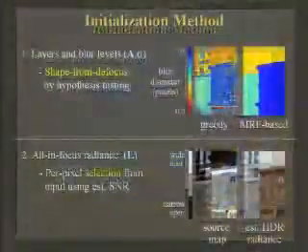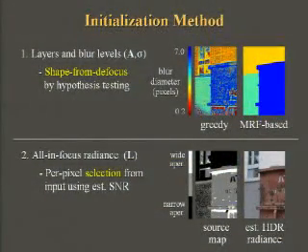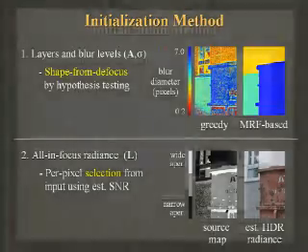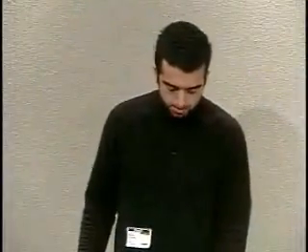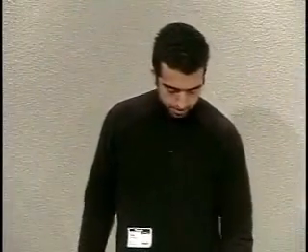How do you initialize the layers? The last part of the method is how to initialize this. To determine the number of layers, the layer assignments themselves, and the per-layer blur diameters, what we do is basically a simple shape from defocus method. We explicitly test various defocus hypotheses for consistency by incrementally blurring and brightening the input images. The results are then refined in a Markov random field framework where we use a graph cut method to bias our estimates again towards piecewise smoothness.